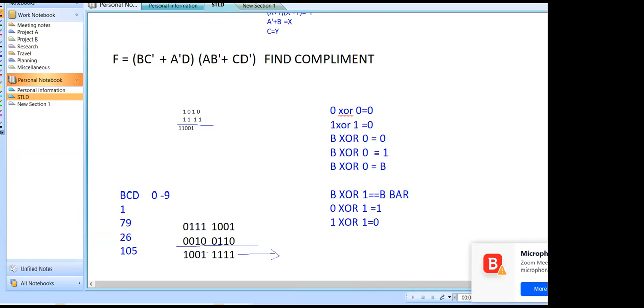Now, I told you the correction. In BCD, what are the unused numbers? Anyone? In BCD format, what are the unused numbers? When we write 4-bit numbers, after 9 come 10, 11, 12, 13, 14, 15. In total, 6 numbers are unused in BCD. In binary, with a 4-bit number we write 0 to 15, but in BCD we write 0 to 9. The unused numbers are after 9: 10, 11, 12, 13, 14, 15. There are 6.